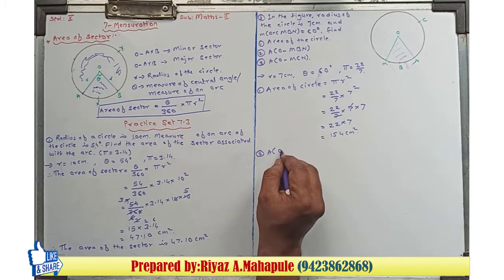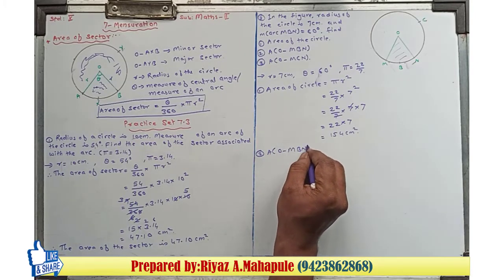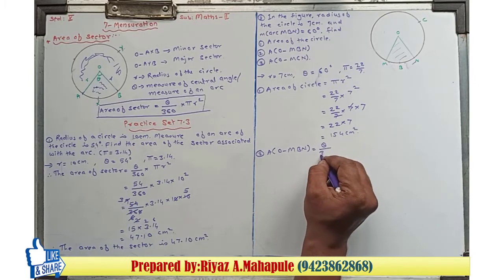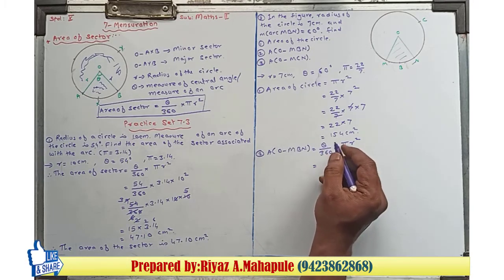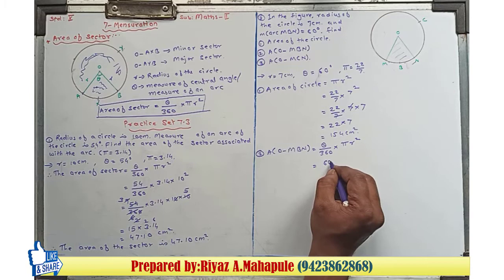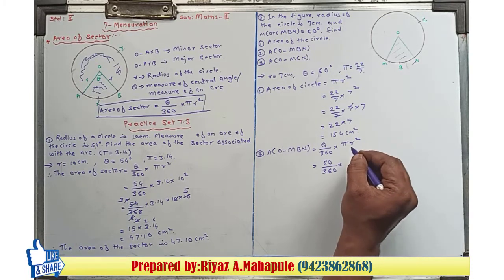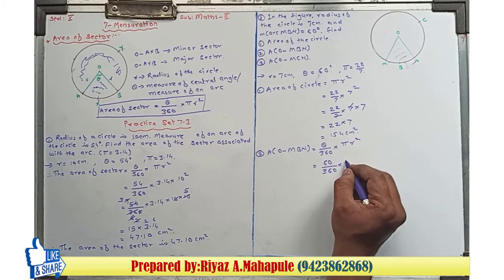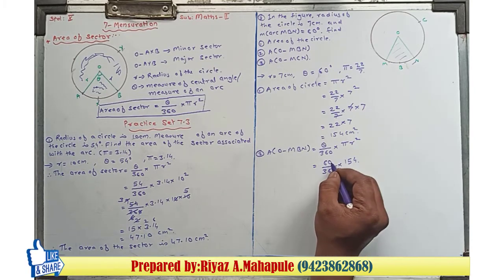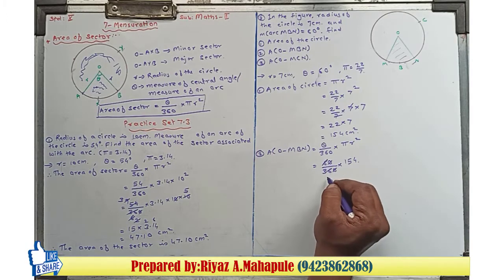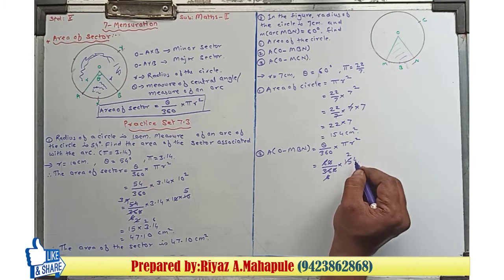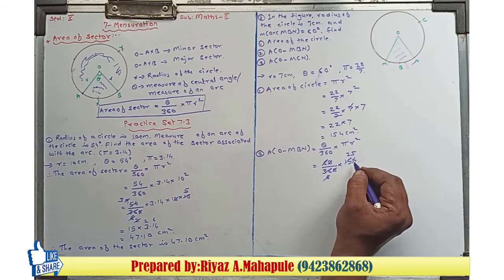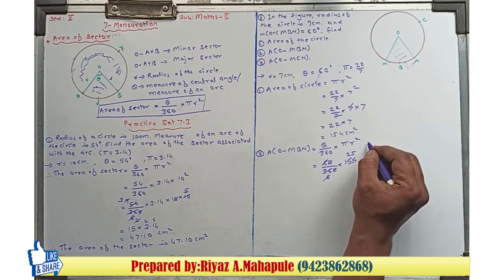Now area of sector O dash MBN, that is minor sector, is equal to theta upon 360 into pi r square, that is equal to, value for theta is given as 60 degree, so 60 upon 360 into pi r square, we can just calculate that value, it is 154. Just simplify, this 0 gets cancelled, 6 1s are 6, 6 6s are 36. Okay, after that 6 1s are 6, 6 2s are 12. How much left? 3 left. 6 5s are 30. How much left? 4 left.